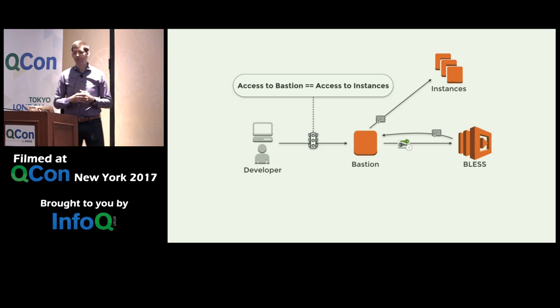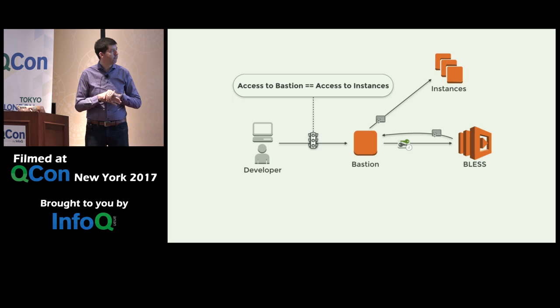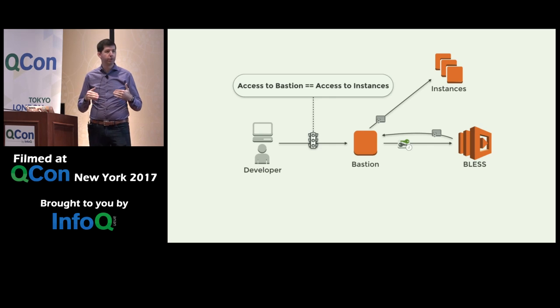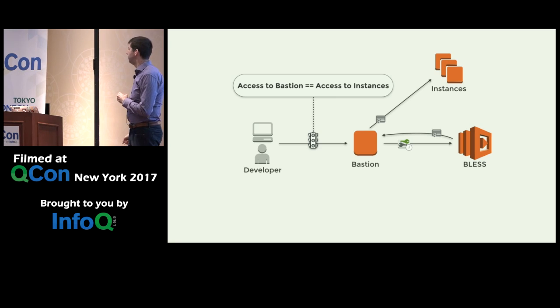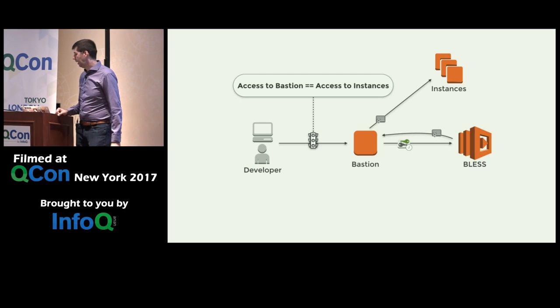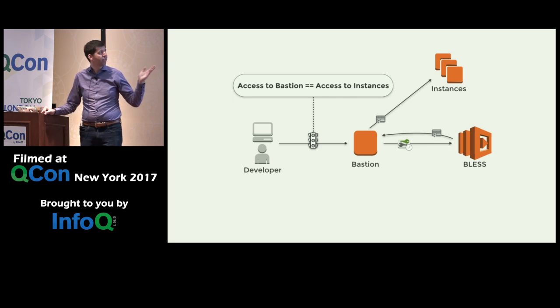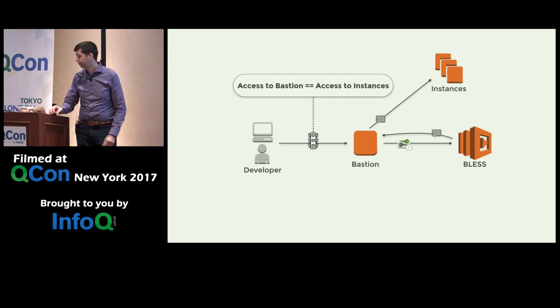There's a couple ways you can imagine setting this up. A very straightforward way is to say, if my developer can access a particular Bastion, then I'm going to allow them to access any system that sits behind that Bastion. It's the simplest possible authorization policy I can dream up. It's basically wide open. You might have different Bastions for different segments within your world. But if you can get onto the Bastion, then you're good to go. So in this case, Bless doesn't actually have a whole lot to do in terms of deciding additional authorization steps. It's just going to say, if you're on the Bastion, I'll go ahead and cut a cert for you.